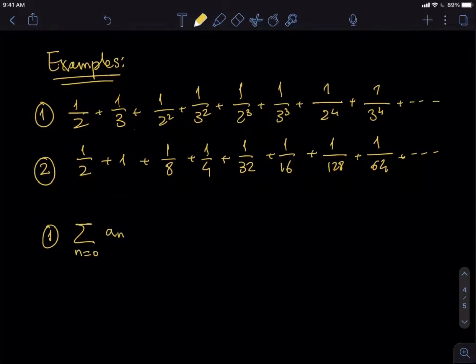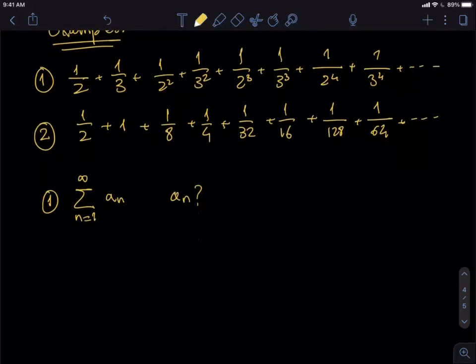So, well, let's start at 1. But what is a_n? In this case, if we look at the series, what we see is that it's different depending on if we are at an even or at an odd index. So that gives a clue that we need to consider two cases: if n is odd, or if n is